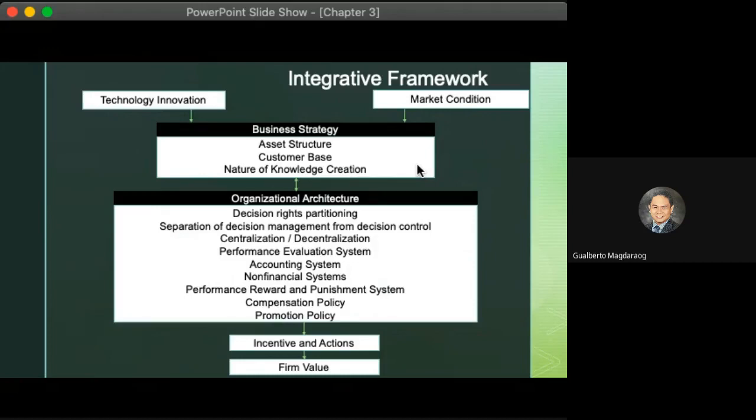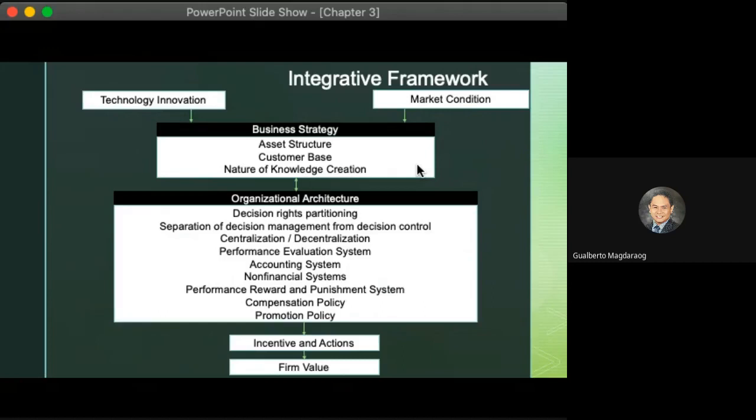Yung structure ng asset mo, you're shifting from investing in current asset, you will change to investing to non-current, investing more on machineries, on technology, on robotics, or maybe in programs and systems. So magkakaroon ng changes sa asset structure mo. There are also changes in your customers base. Kasi